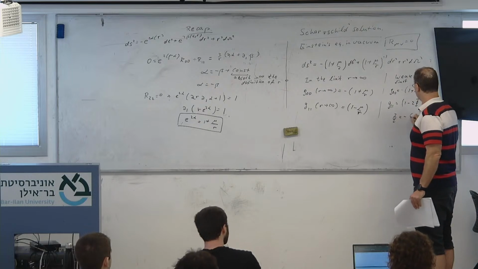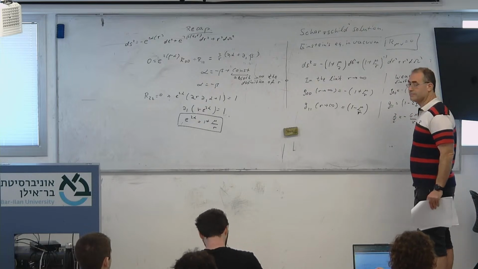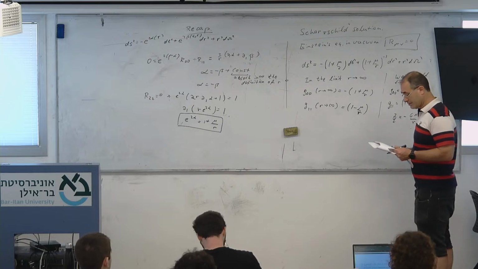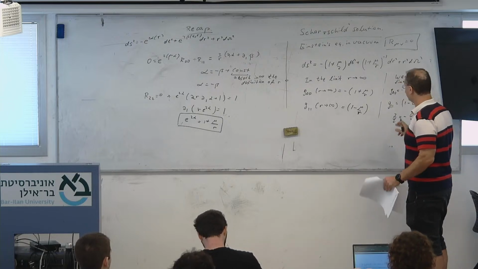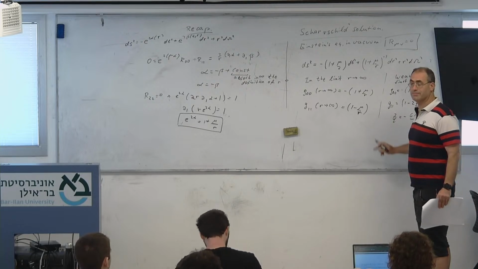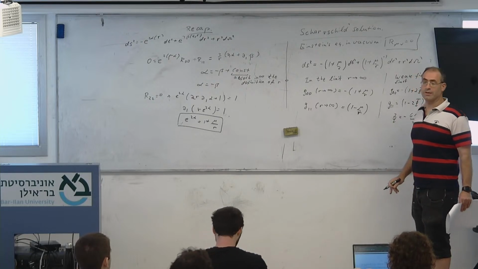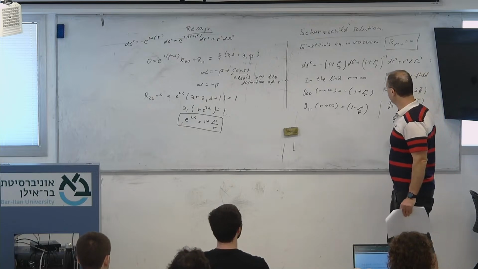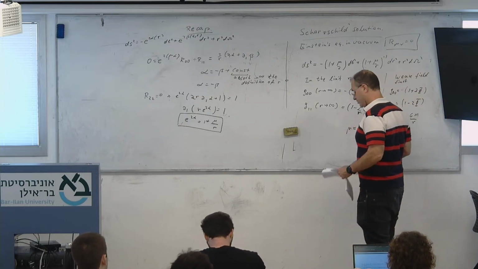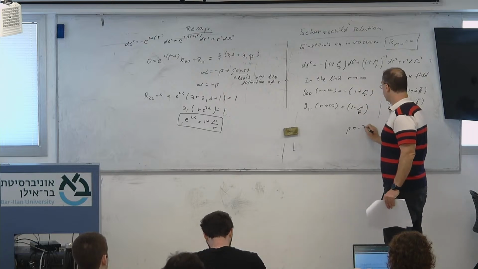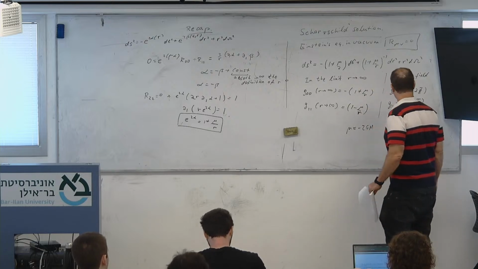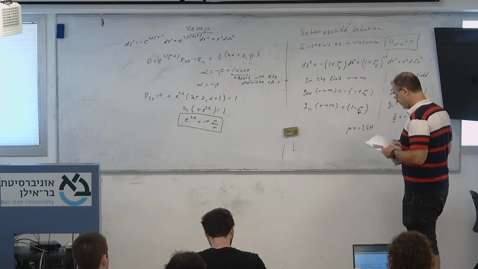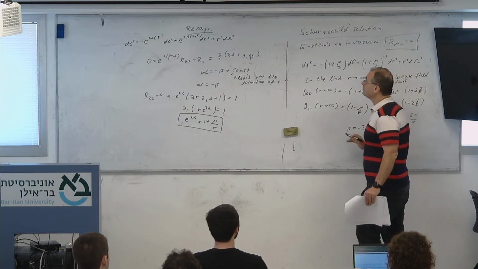Phi is minus GM over r. So we get the same result, which also explains why I can use r and t as the coordinates. If I associate mu, it's minus 2GM. So when I do that, I finally get